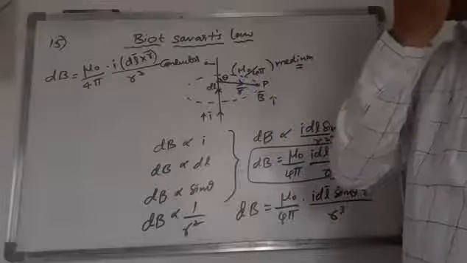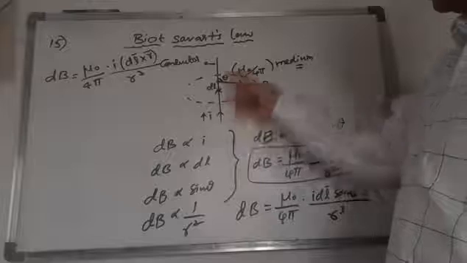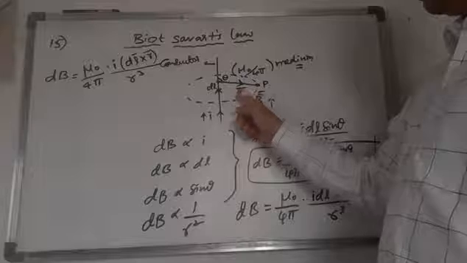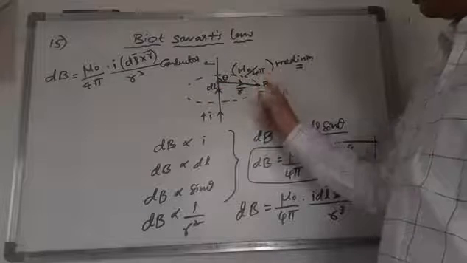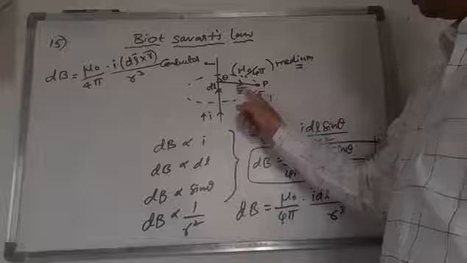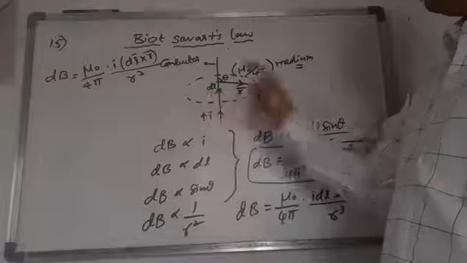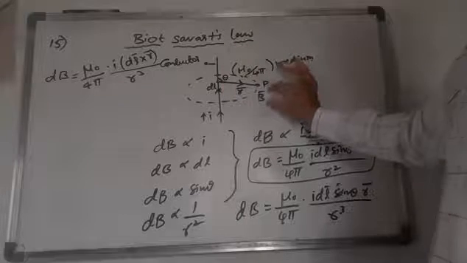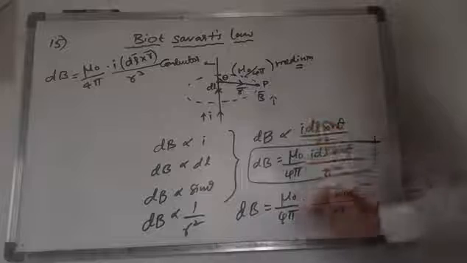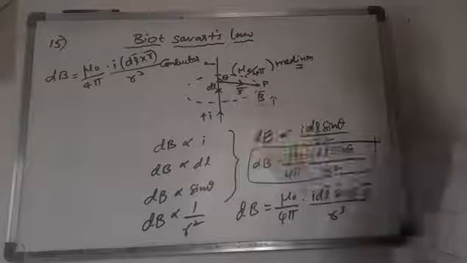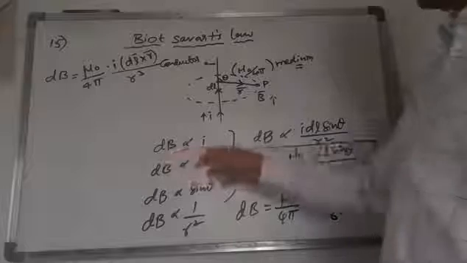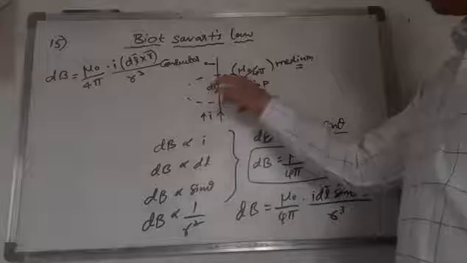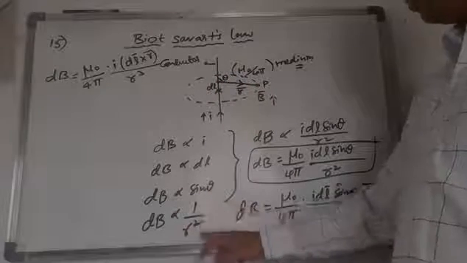So this is Biot-Savart's law. Whenever a straight line conductor is there and we have to calculate the field at a point B, this is the radius r, the distance of this point from the conductor is r. It is making an angle theta. This is the dl, a small length we are taking. This small length is influencing the magnetic field at this point. Whenever the current increases, the B value also increases. And dB is directly proportional to I, dB is directly proportional to the length dl, dB is directly proportional to sine of angle theta, dB is inversely proportional to the square, 1 by r square.